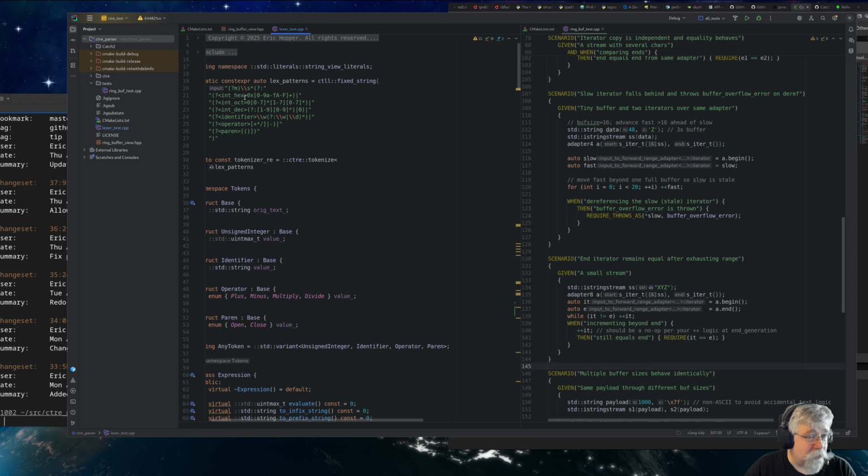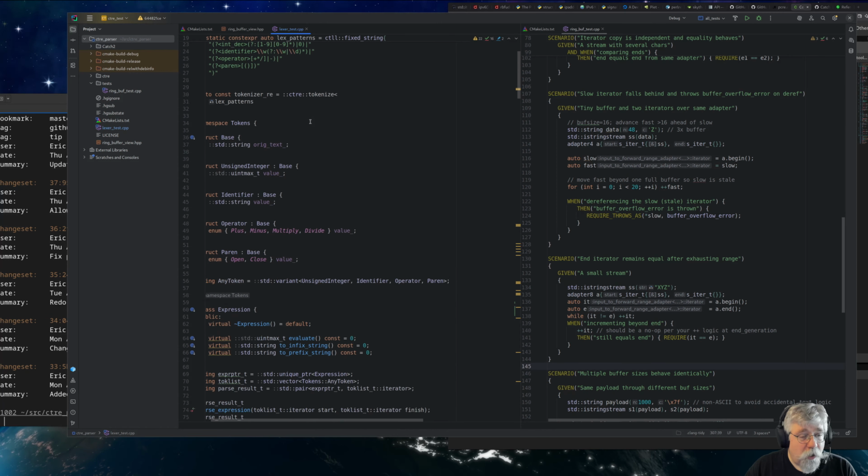Each one of these represents what's called a lexeme. So there's three different lexemes here that all represent a number. And then there's the identifier, and then there's an operator, and then there's parens, right? Well, if you look here,